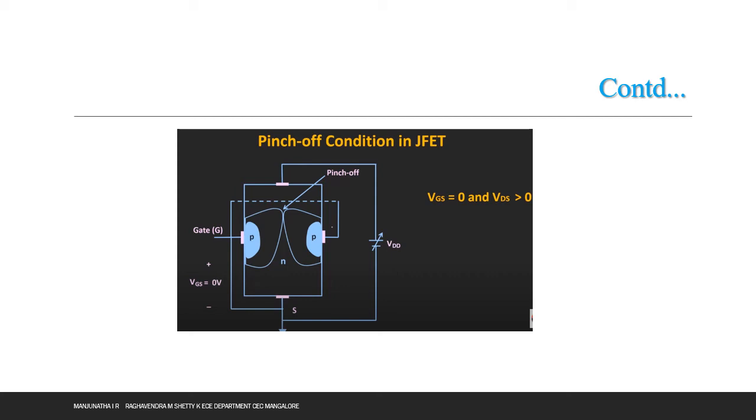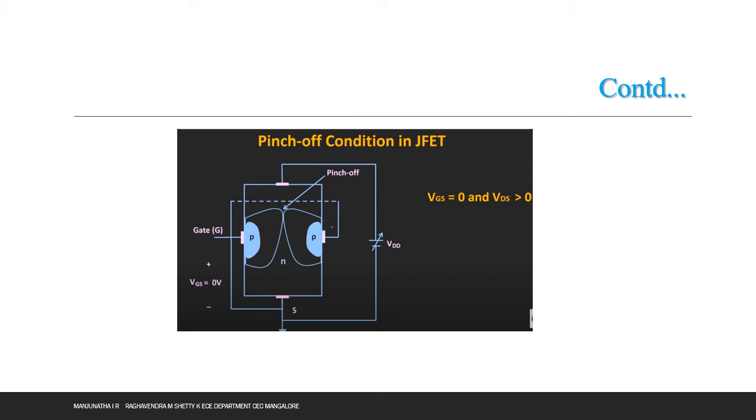When we give a positive voltage to the N channel of the JFET, it makes the PN junction reverse biased. When the PN junction is reverse biased, the depletion region will increase. Now let us assume the pinch off condition that is shown by the arrow mark. The arrow is heading towards the depletion width.